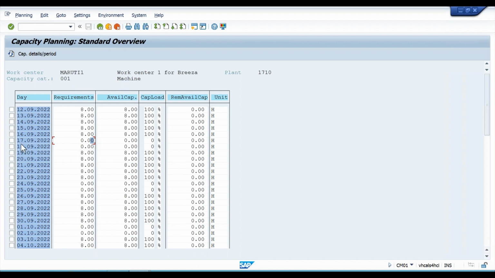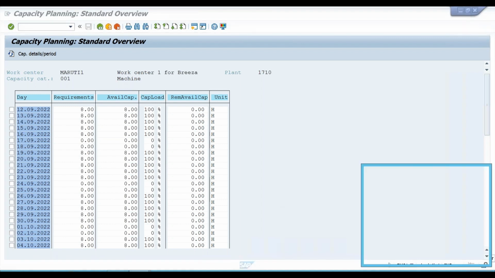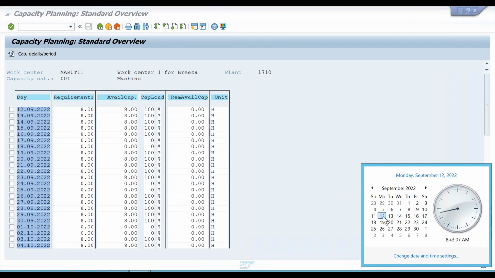Up to what date is it shown? From 12th to 16th. See the dates. I entered on actually 13th, but it is showing me that on 12th also you have 8, and you can work till 16th on Friday. So here you can see 8. Downside also, 8 hours is shown. Downside means suppose the day starts from the 12th, and it is also showing the 8. That means we have available capacity for